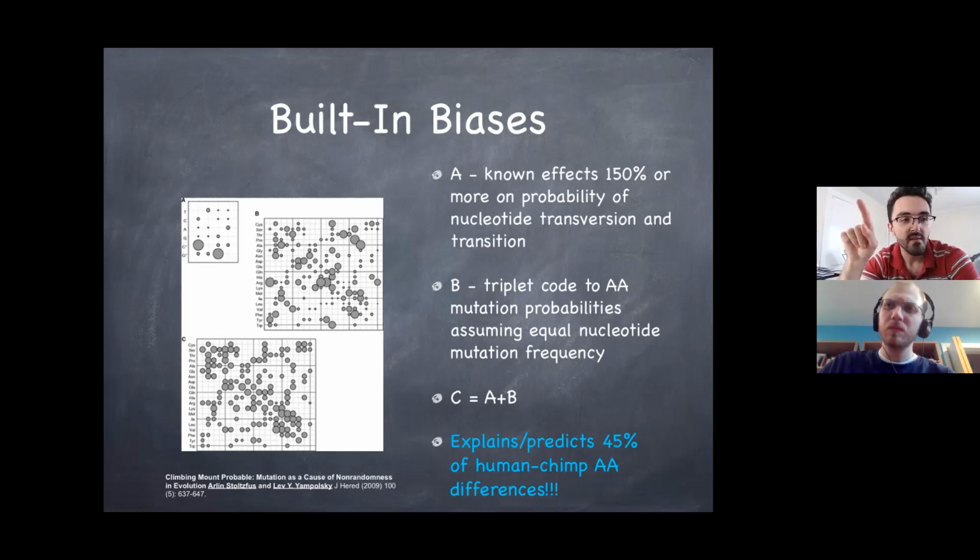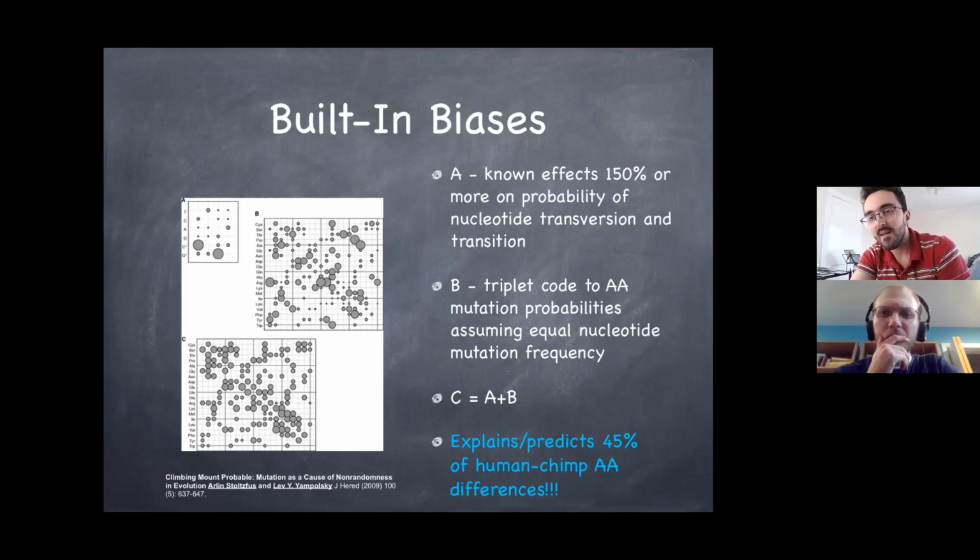Interestingly, the resulting pattern, this B pattern, explains, apparently, in the study, 45% of the variation in chimp to human individual amino acid changes. That's kind of interesting. So if this paper is correct, they've basically demonstrated that almost half of the specific amino acid substitutions, and again, we're talking about this tiny sliver, the 1.5% protein coding part of the genome, 45% of those amino acid changes that have occurred from a chimpanzee to a human are explained by